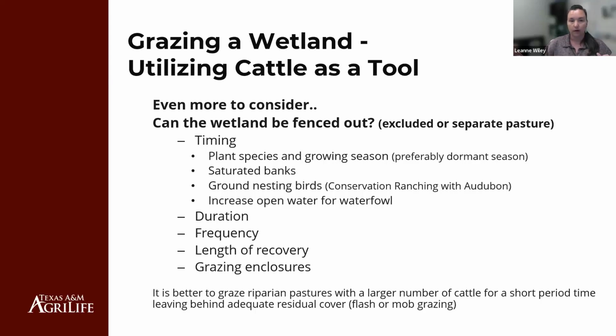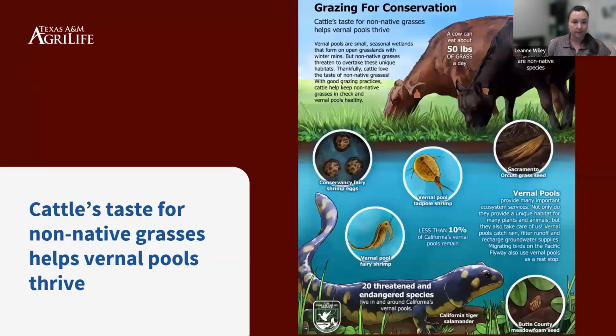It's really more commonly, everything that I read is more commonly to look at wetlands and riparian areas and grazing them in what's more referred to as the flash or the mob grazing. So more cattle, less time. But again, I'm not here to tell producers how to do it specifically. They need to understand what plants they're looking at, the wetland style that they're looking at, and how they can actually manage that. I came across several resources.